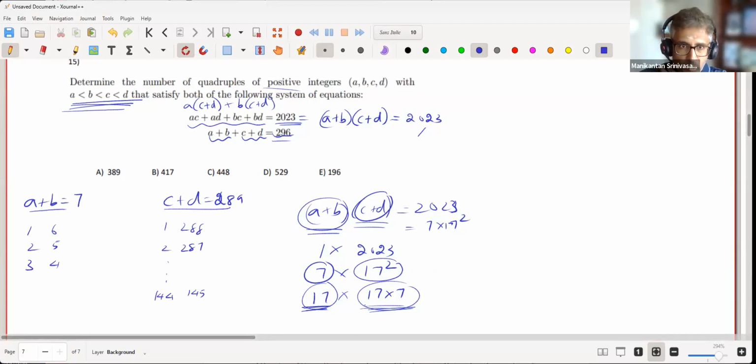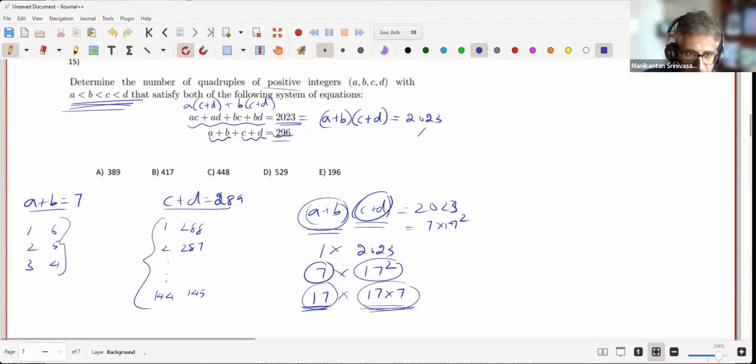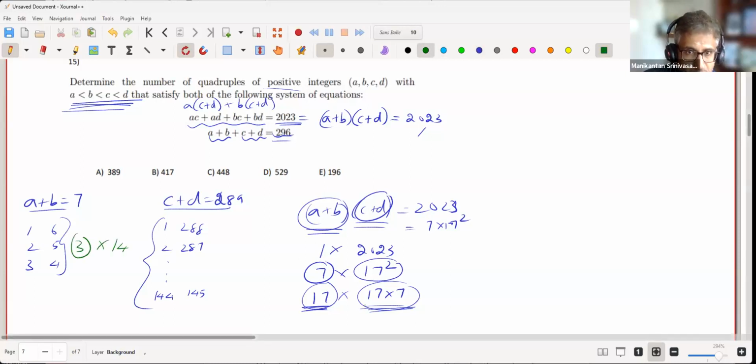Okay, now one other restriction. So normally we would have thought there are 3 solutions here, and then 144 solutions here, right? So it's 144 times 3, correct? But the problem is 144 times 3, which is 420-ish, right? Okay, but the problem is